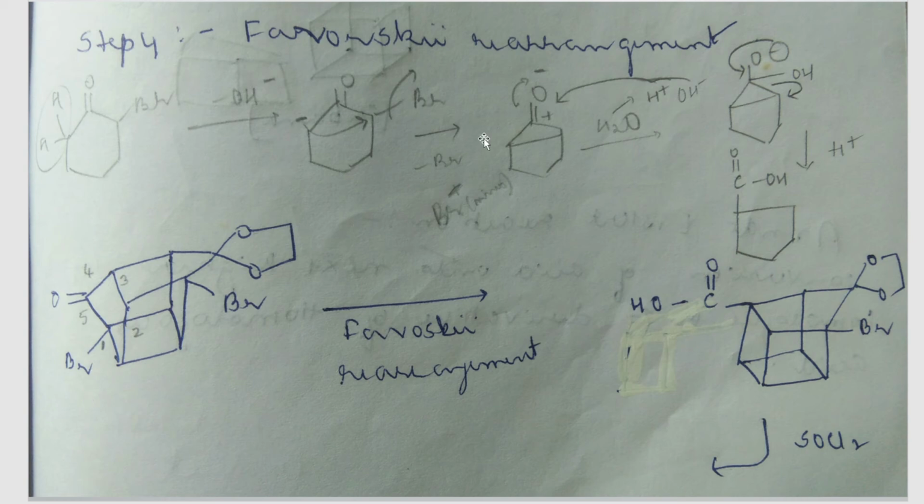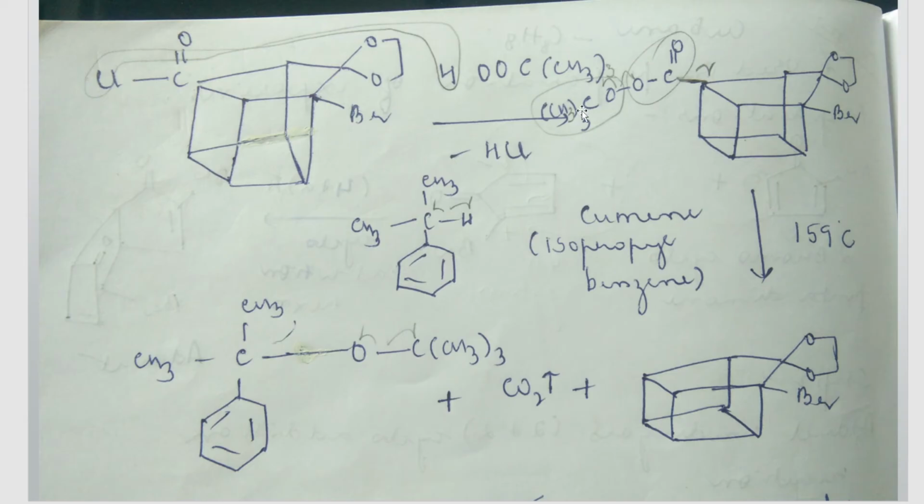And the other side will undergo all the reactions. Okay, so first is Favorskii rearrangement, which is done in order to reduce the number of carbons in the cyclic ring. So the ring will get shortened, correct? So the six-membered ring will become 5, and the 5-membered ring will become 4. The 4-membered ring will become 3. After that, we are treating it with SOCl2, then butanoic acid, then finally with cumene, which will lead to elimination of carbon dioxide byproduct, and finally one side will look like cubane.